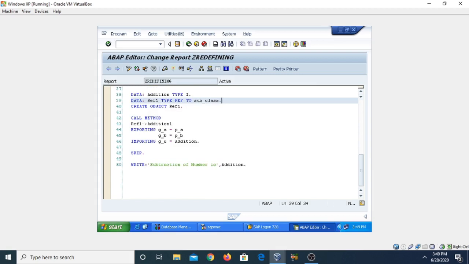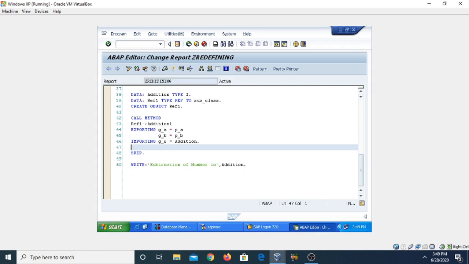Here the call method is optional. Either you can use call method or not. You can directly use reference1->addition1, then export the actual parameters and import the value from the class. Here we are generally creating the object of the derived class or subclass.